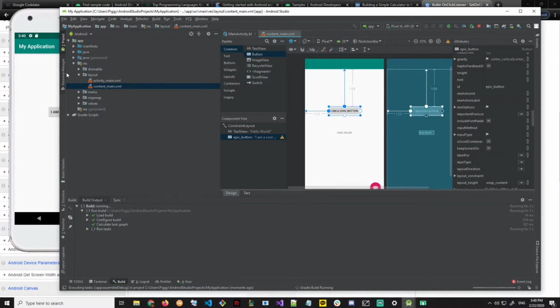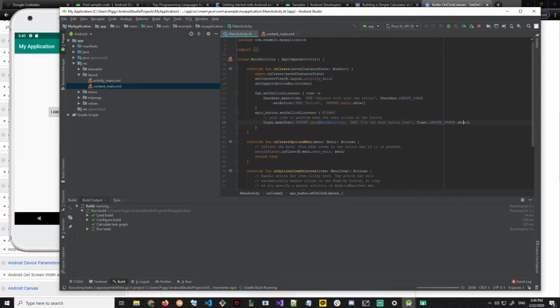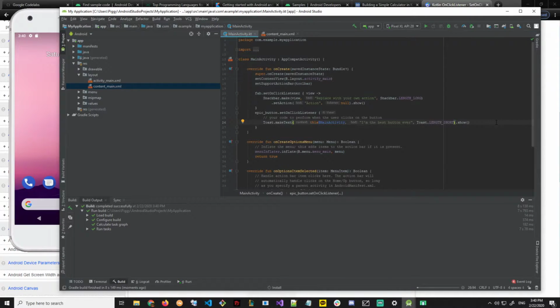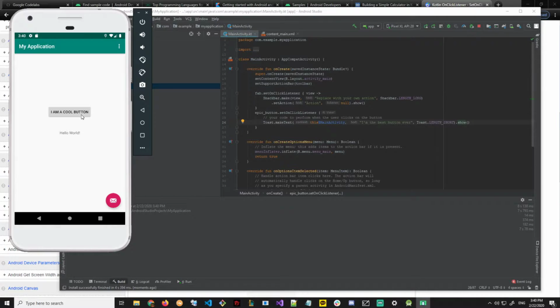So let's see what happens when I click this. This is important too, by the way. When I was doing this before, I forgot to put show, because it doesn't show the text if you don't put this. So it was a little bit painful, but boom, I'm the best button ever. There we go. So we have some basic functionality,